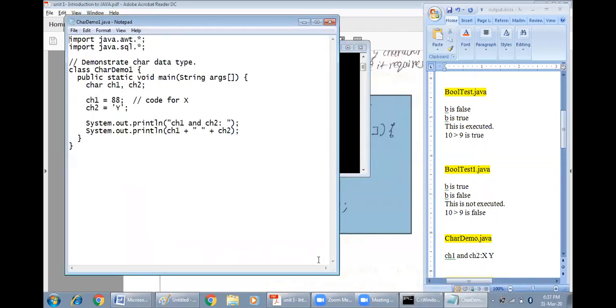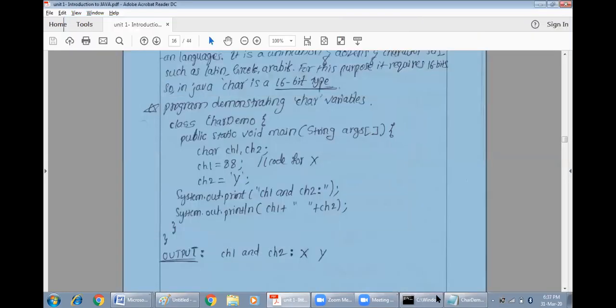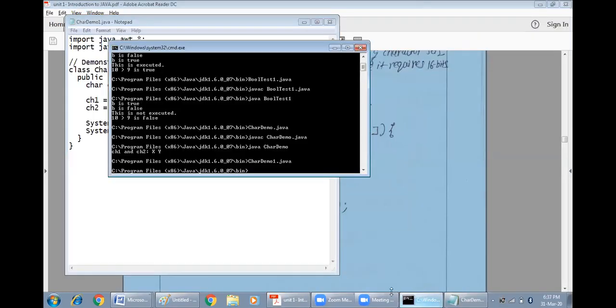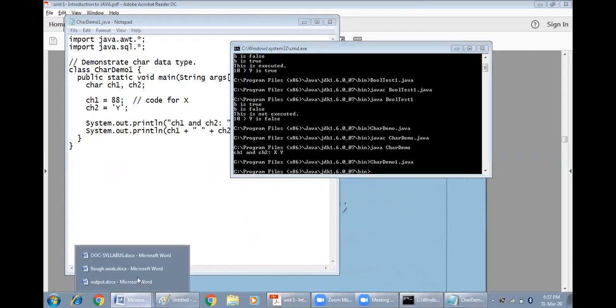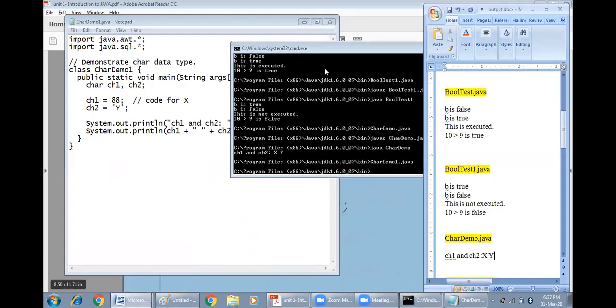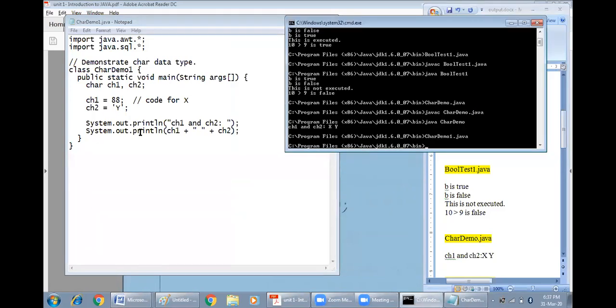This is the same program, which is modified now. Remaining everything is the same, but only a little change I have made here.